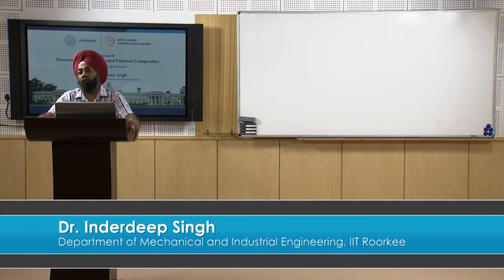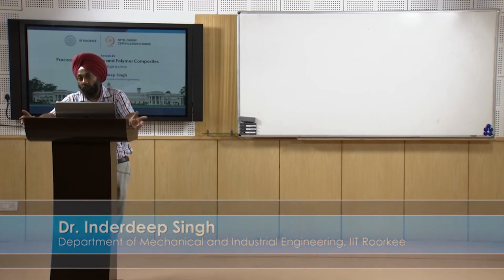So if judiciously we select all the parameters and we design our system in such a way that all the important limitations are taken into account, the product that we will get will be of good quality. And these are the theoretical limitations, from an understanding point of view, whenever we design this process for a new combination of fiber and polymer. But the process which has already been optimized for a specific combination of fibers and polymers is being run successfully and commercially, and we can see a number of pultruded profiles all around us, maybe not very common in India, but in all the countries across the globe.